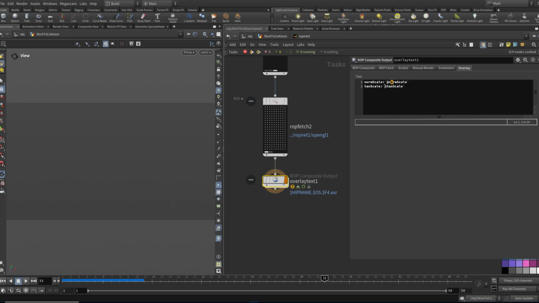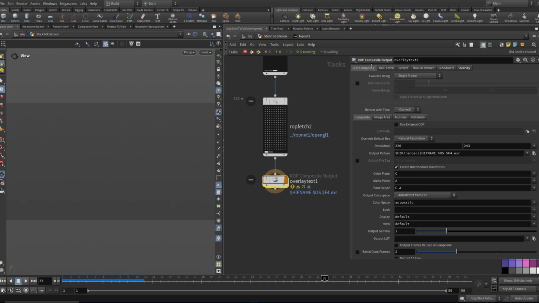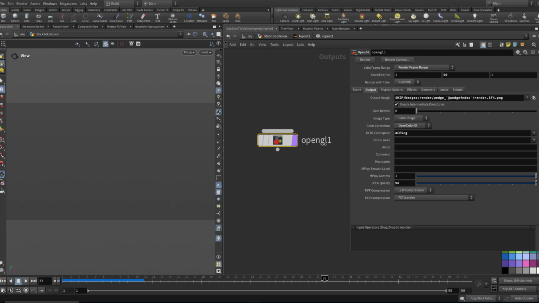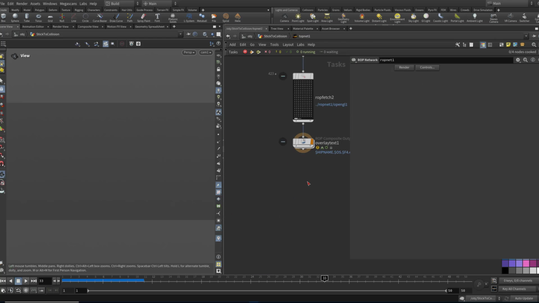Oh, and the other thing we need to do is go to Composite. And here's the size of the overlay it's going to do. We want to replace this file name here, otherwise it's going to overwrite the same file and it's not going to work. So I'm going to steal that again from the ROP network here. Let me just grab that path. Oh, I don't need to, it's not sideways, it's up one. So if we come back here,